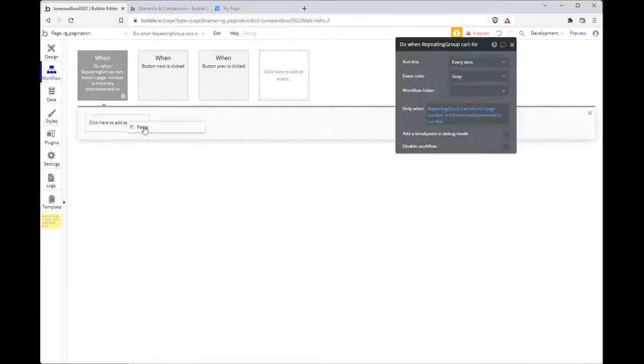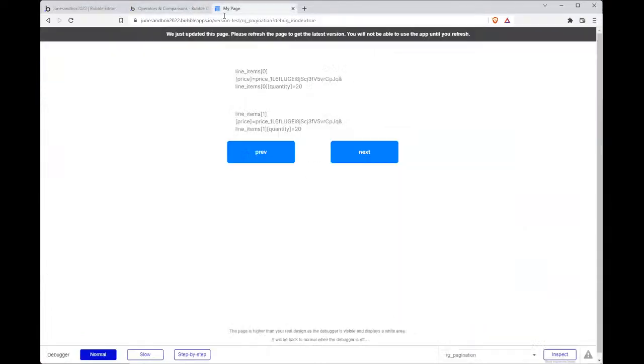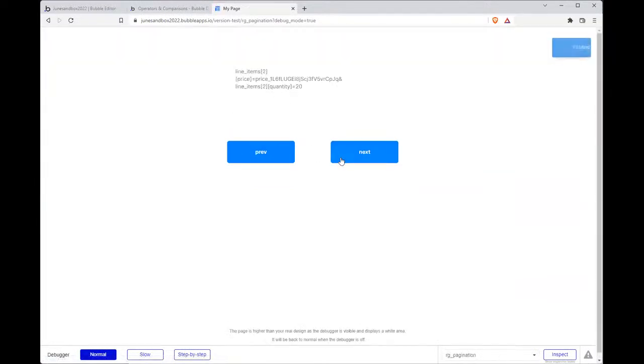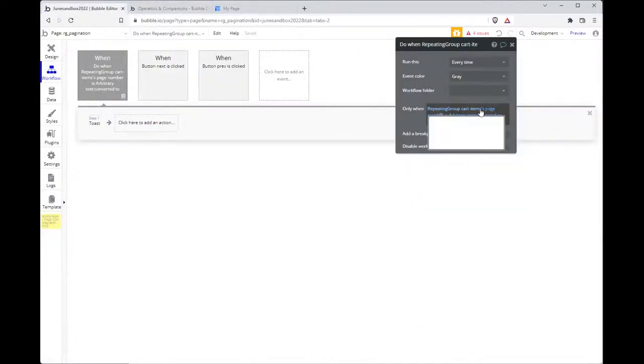And we can just control Z real quick if this doesn't work the way that we want it to. Cool, I think this actually might work a little bit better where we click next. So when the condition's true that it's on its last page, that math is, so we're looking at the cart items page number. And we're saying if this page number equals,